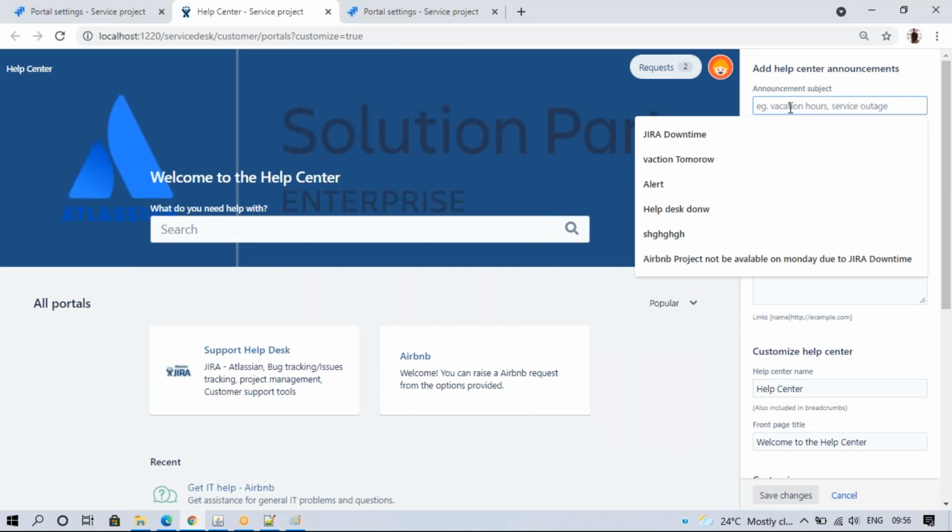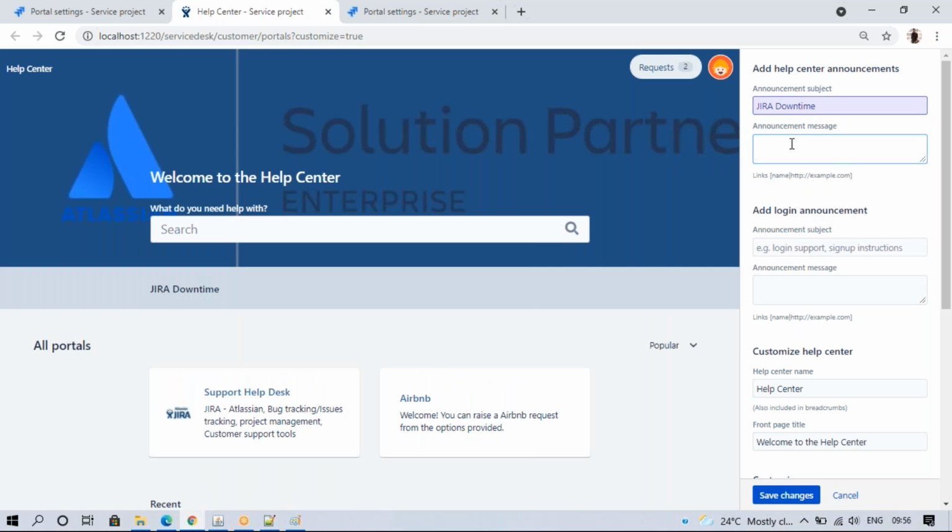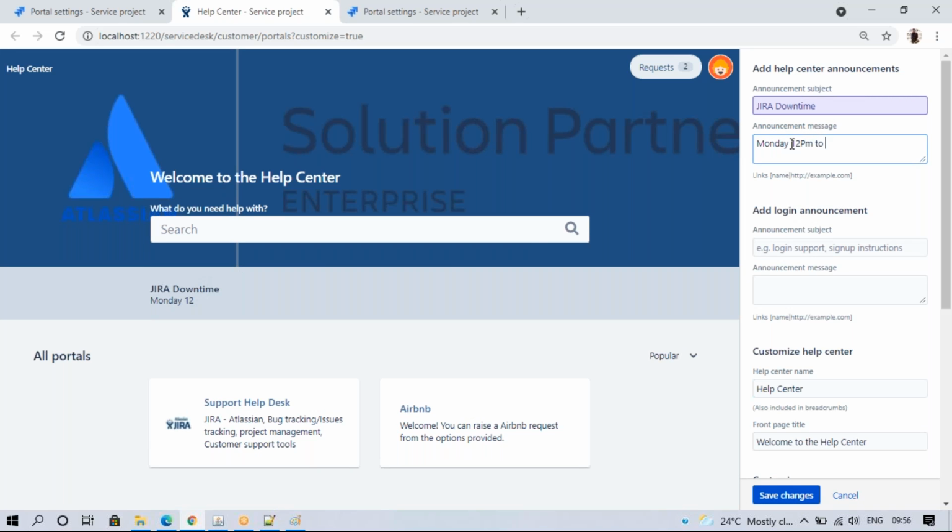We can add an announcement, such as a Jira downtime. We can add this kind of information. For example, you can see it here. So this is the main page, and from this you can go to the project. If you have project downtime, you can put it in the project. If it is complete Jira downtime, we can put it here. Only a Jira admin can put it. For the customer portal, everyone can do it, and for these Jira settings, project admins can do it. So these only a Jira admin can do.